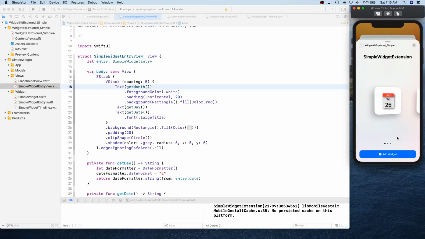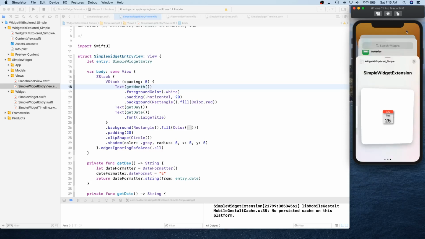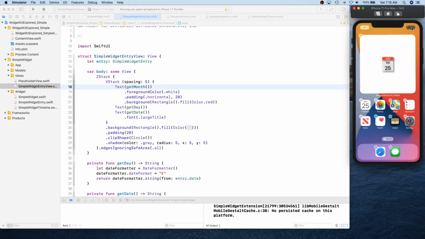Let's say you built a widget just for a small area, then you only show it for a small area, and you don't show it for medium or large for that particular widget. So you can control that too, and that's something we're going to be covering very soon. Okay, but congratulations, you have created your very first widget, and hopefully you learned a thing or two along the way.